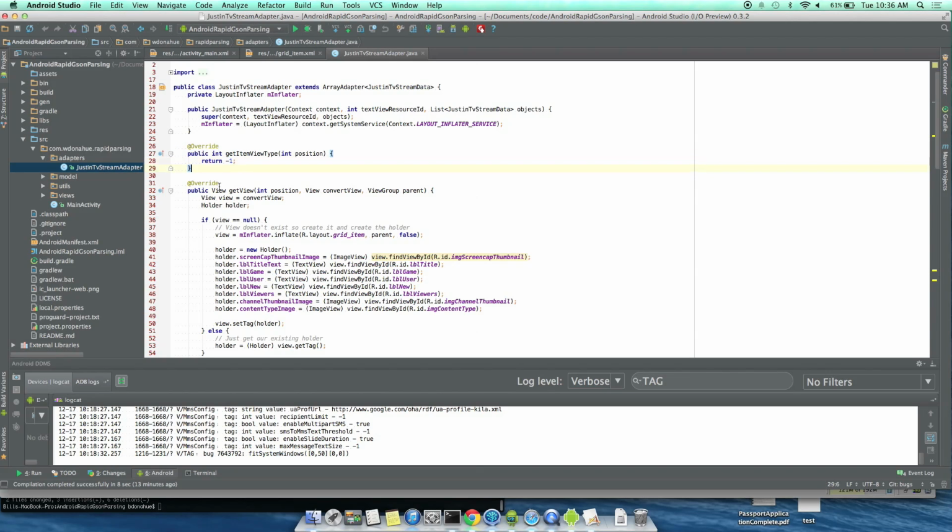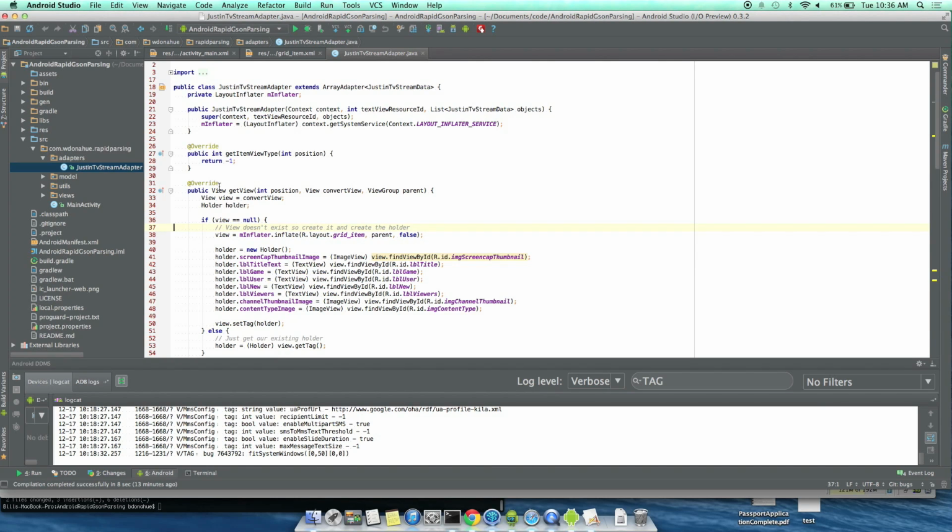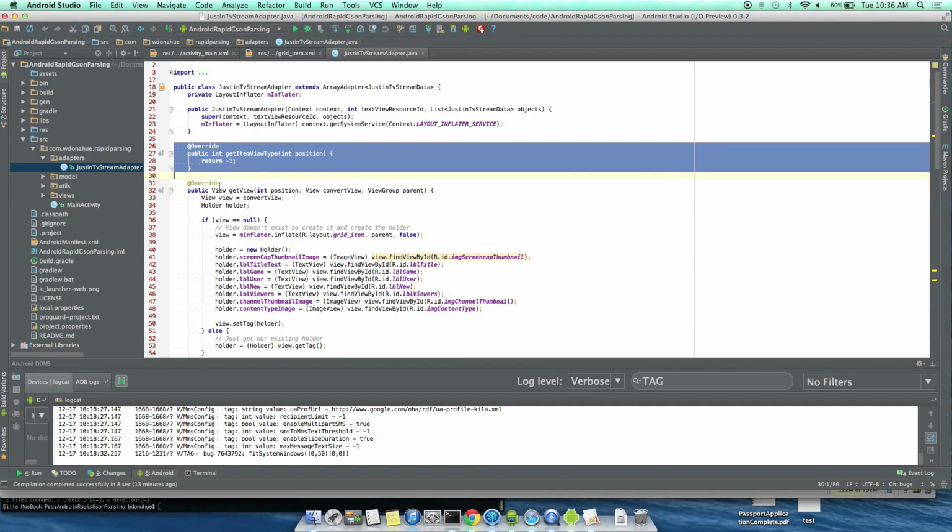And I've seen this pattern a few times. I've seen people more than once do, instead of if view equals null, an if view is not, or they do if view equals null or getTag is not equal to my holder class, then make a new one, because they didn't implement the cache correctly and it will only actually work some of the time. And what's really common I've seen is people override getCount, but not getItemViewType. So you'll say I have a count of 2, but then your item view type is the default method, which always returns a value of 1, which means your cache will only ever hit half the time,